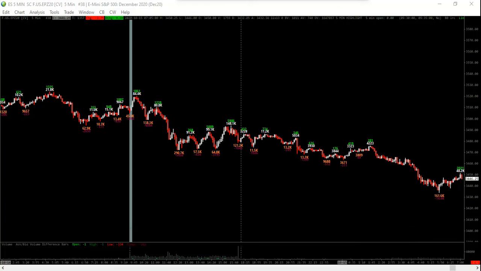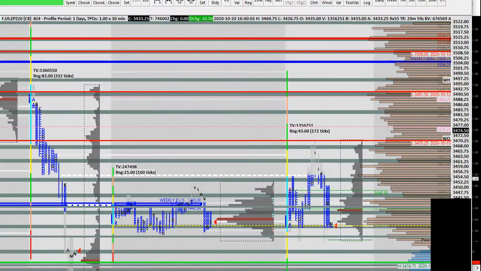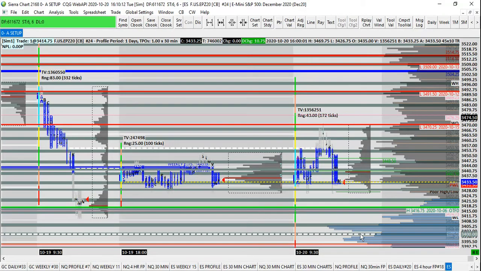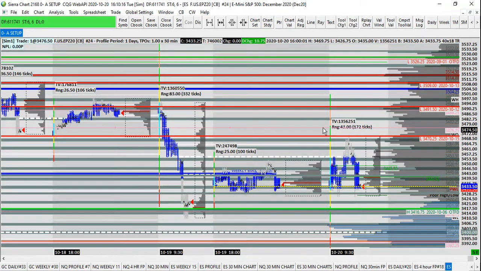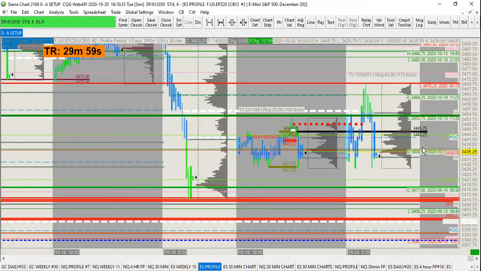So basically, let's look at the market structure of the last couple days, okay? Hopefully this is clear enough. So here's my ES profile, okay? What I'm seeing here, first of all, in the last couple of days, again, this is basically just to understand what's going on with the auction of the market, and just to see how volatility picks up when certain things occur. So here we are